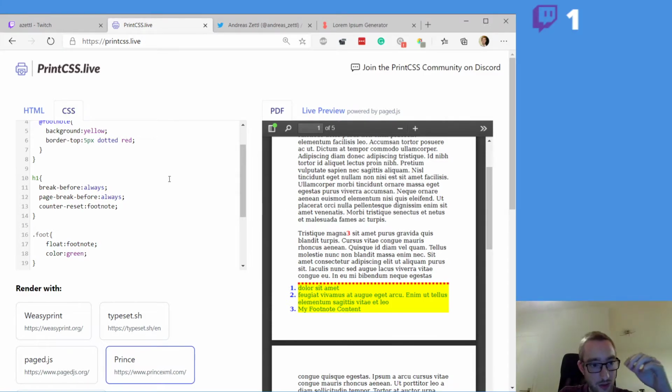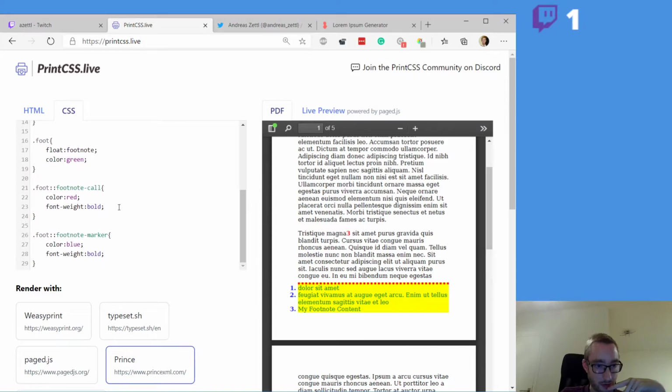To do that, we need to change the content of this footnote call or the content of the footnote marker. So when we go here and say content, and I just write test in here,